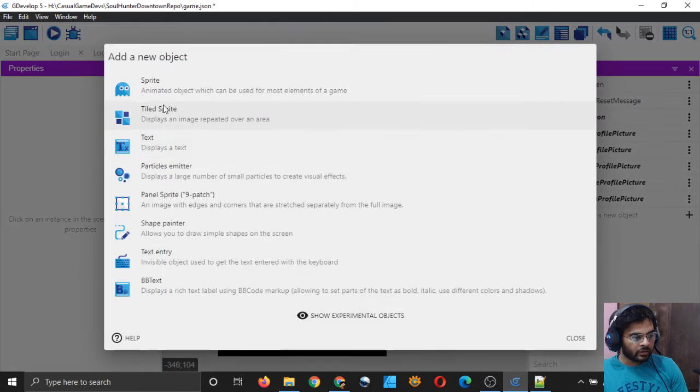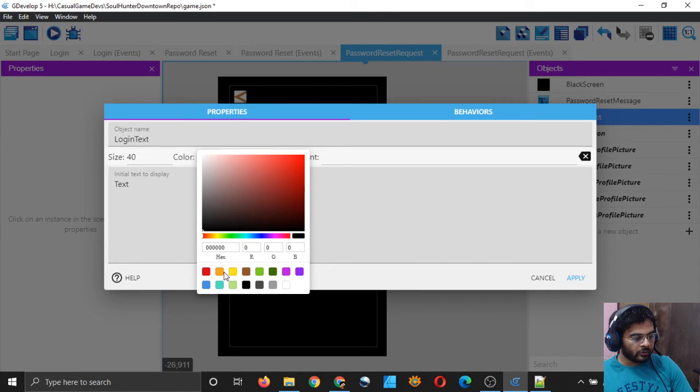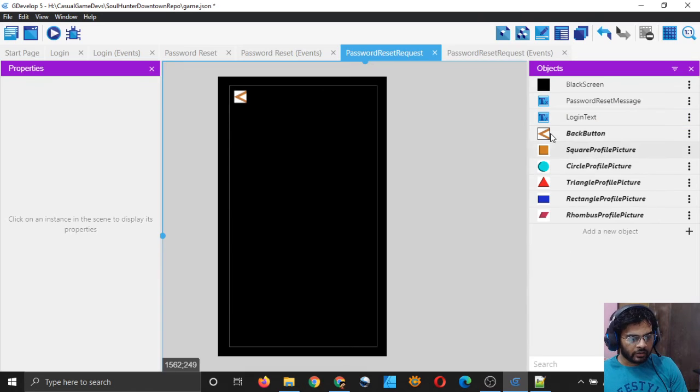And add a new object, again choose text and choose login text. It will take us back to the login scene. Size 40, color should be orange, and type login. You can type login with new password just to keep it user friendly, and let's see if it fits. It does.